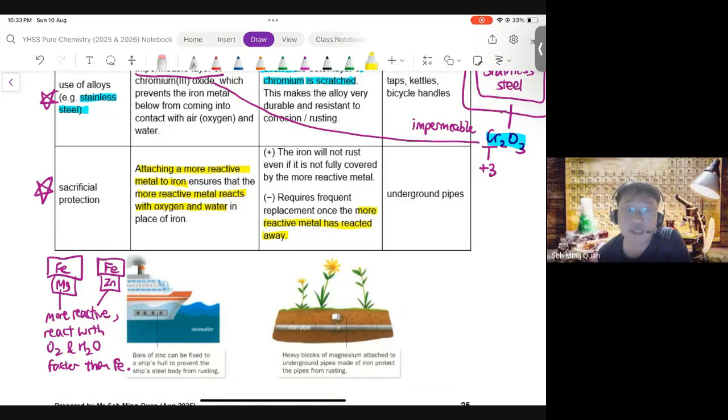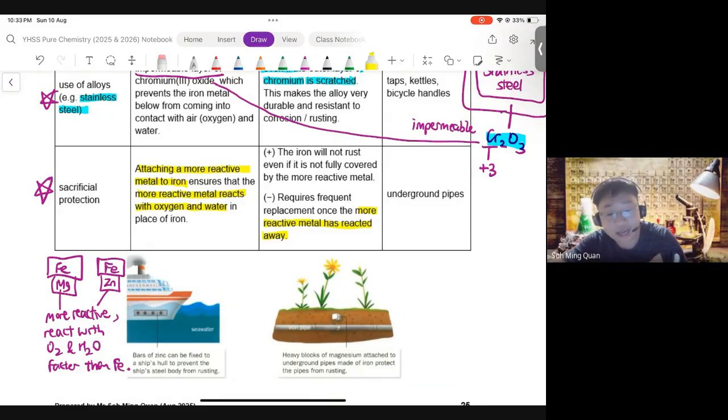All right. Now, this idea of sacrificial protection is commonly used in ships. Why in ships? Because the ship is made of steel, which is iron. It could rust. Moreover, the ship is in water. Worse still, the iron will rust even faster in seawater. So it's very important to use sacrificial protection because I can't possibly paint every single corner of the ship. There might be some corners of the ship that are not fully painted. So to prevent rusting, we need to attach a block of magnesium to the iron metal of the ship.